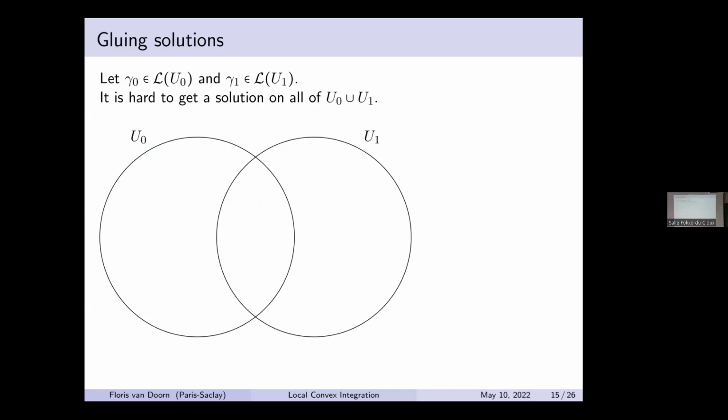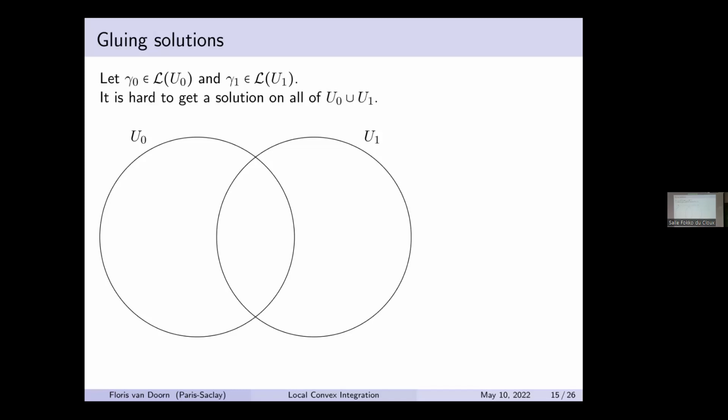Okay, so now we've shown that the loops with these nice properties are contractible on an open set. So how do we get from that a solution? How do we extend a solution if you have two solutions? So now we have a local solution gamma 0 on U0 and gamma 1 on U1, and ideally we want to get a solution on all of U0 union U1, but that's actually quite hard,